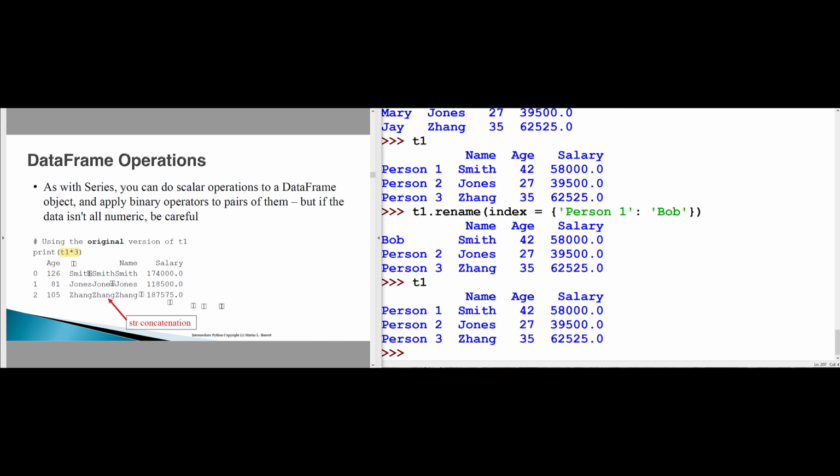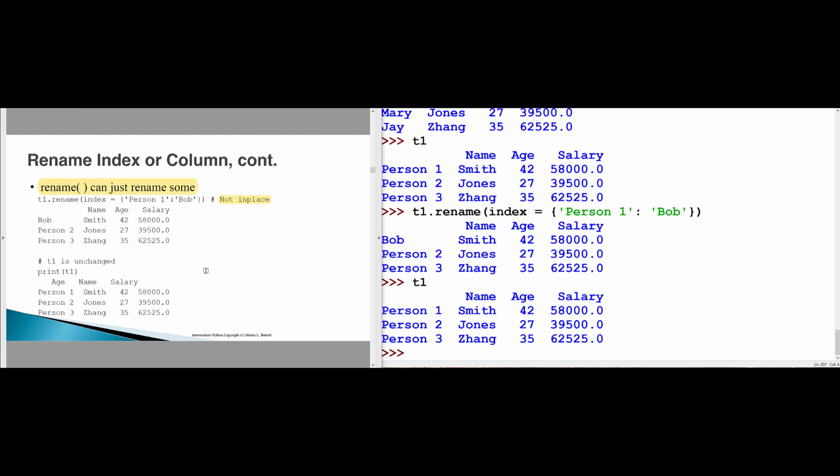Multiplication of an entire data frame will work fine. On a column-by-column basis, it works as though each column was a series. You just need to be aware here that the behavior of the star operator is going to depend on the type of the column. Now this is a little fishy because